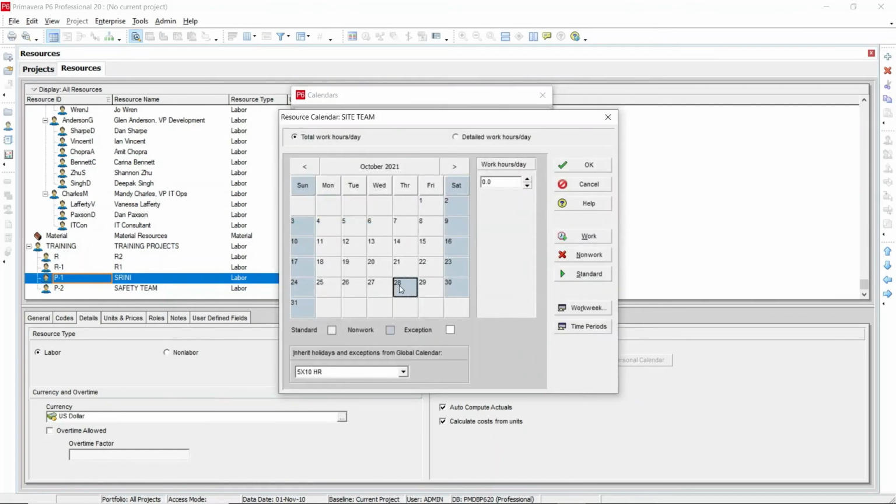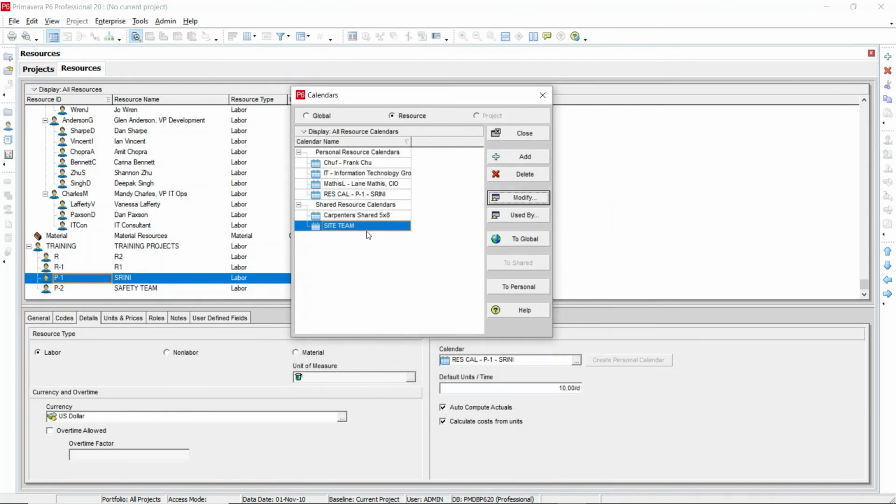I don't want to make it a holiday, I want to make it standard, so you can just click standard, and it will follow the 10 hours. So it's a 5 by 10 hours calendar. Click OK. After you modify, your calendar is ready as a shared resource calendar.